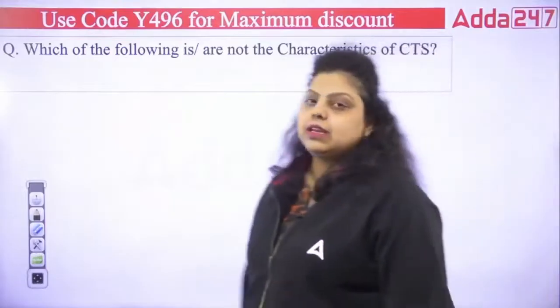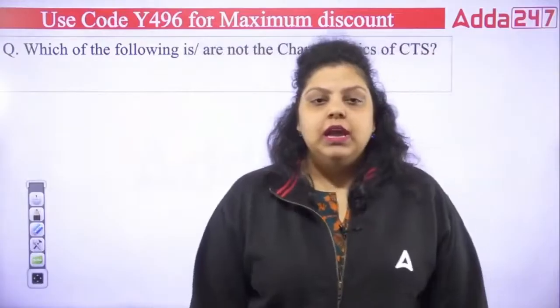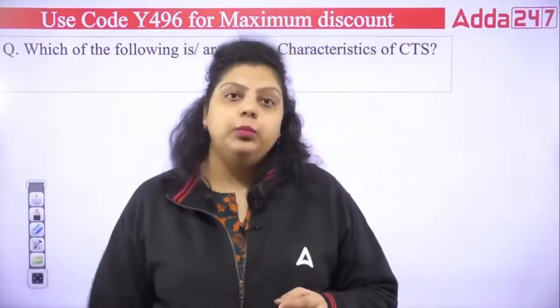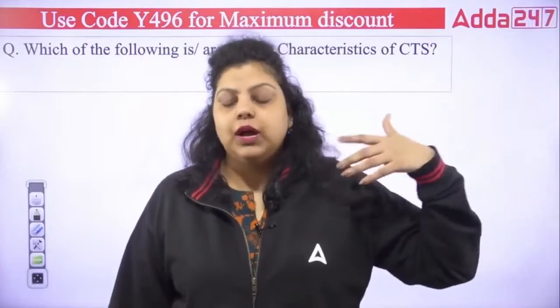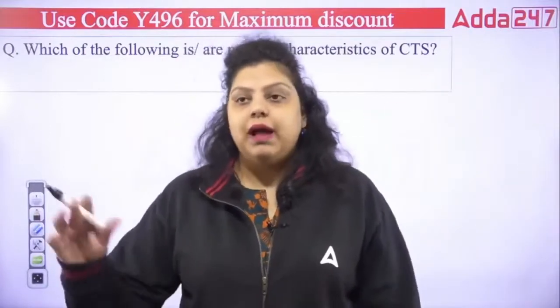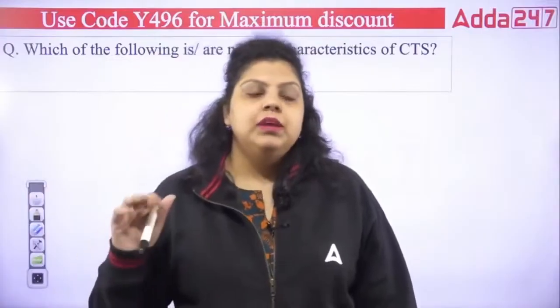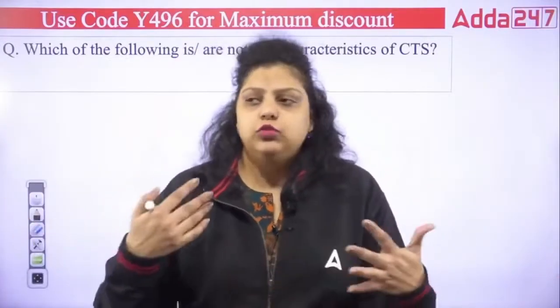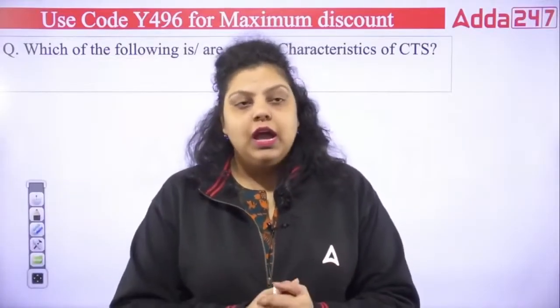Now, what actually the CTS is, that is check truncation system, and this was introduced to stop the physical movement of check. What used to happen in the past: if you submitted a check in a bank, the bank would validate the check and then transfer it to the particular bank for which it was issued, or to the clearing house. All these transactions used to happen in a physical form. And why did we need to stop that?